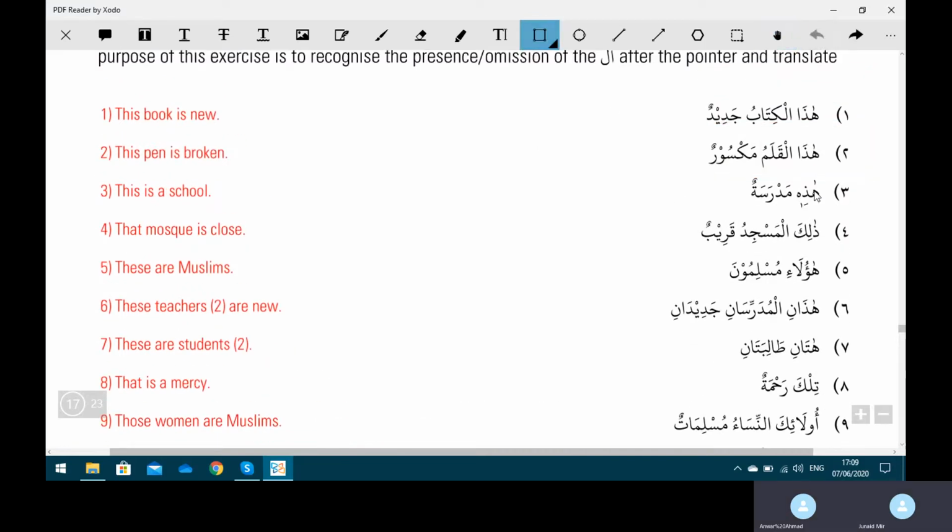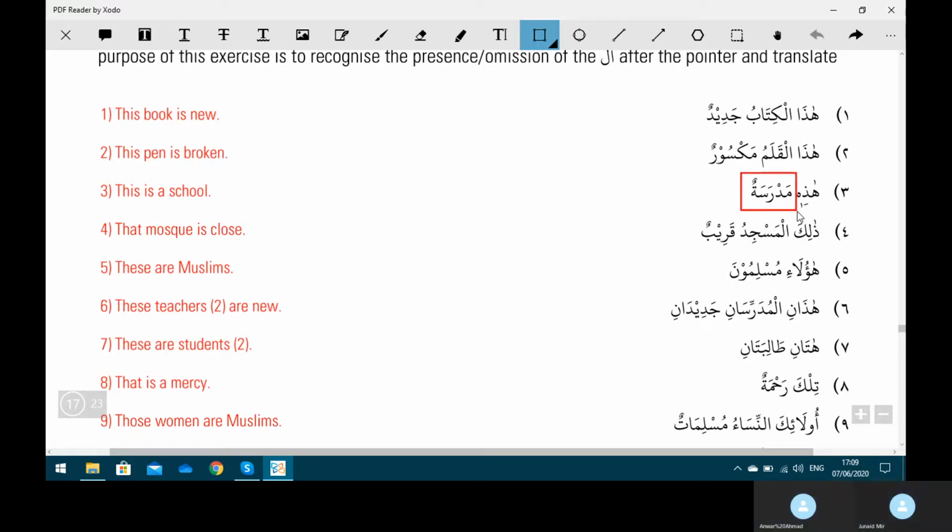Ustadh, this is where I got confused, because you've got Hazihi Madrasatun. So I thought, is this a school for females, would you say? Or is it just this is a school? Oh, okay. So